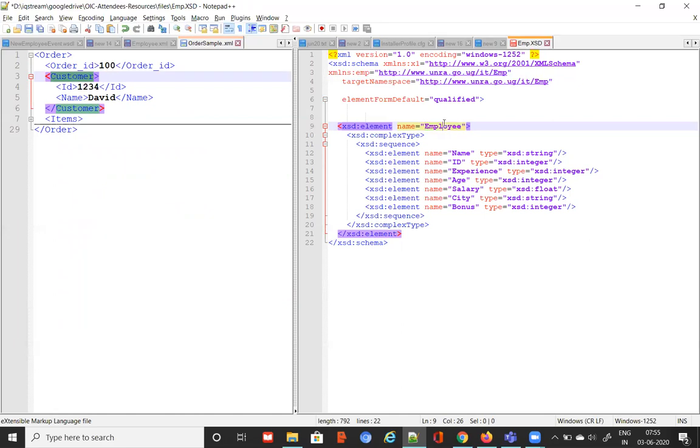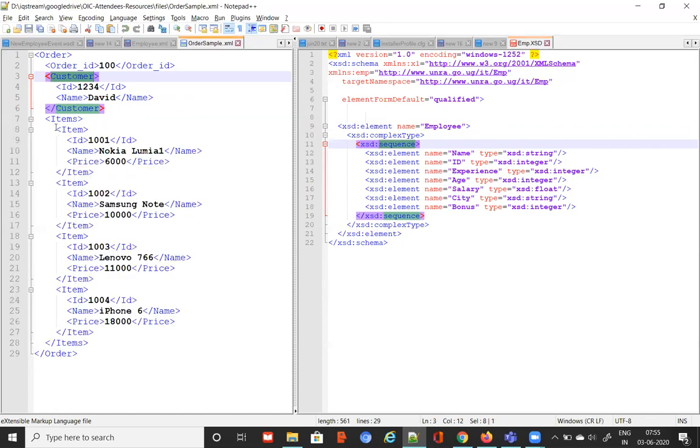So if I have to write an XSD, it is going to be order. Then it is going to have a sequence of order ID. Then one more, customer. Customer will again be a sequence of other elements, ID and name. Then items. Items will have, like, 4 times item here. It means a repeating element of item, and item will again have item ID, name and price. So you have to create an XSD which is going to represent this kind of structure.